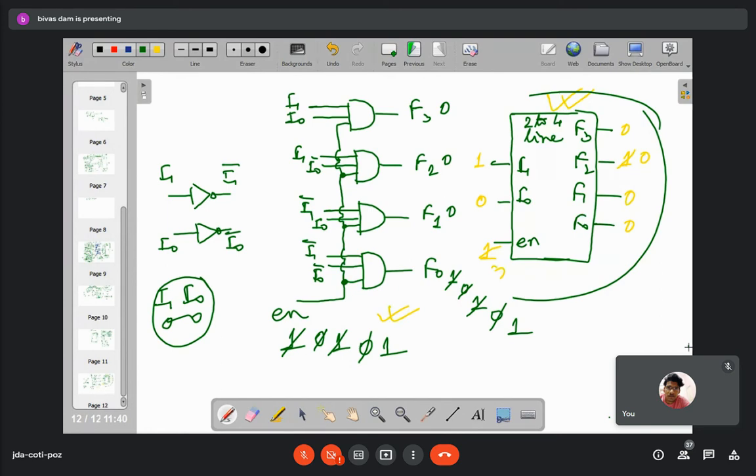Is it not? Depending on the input, using n input bits, how many input combinations are possible? 2 to the power n input combinations are possible. At a time, how many input combinations are available? Only one. How many are not available? 2 to the power n minus 1. So the outputs corresponding to the input combinations that are not available will always remain inactive. They will remain permanently 0, and for the one input that is available, there will be one corresponding output channel, and that output channel will be 1 if enable input is 1. That output channel will be 0 if the enable input is 0.